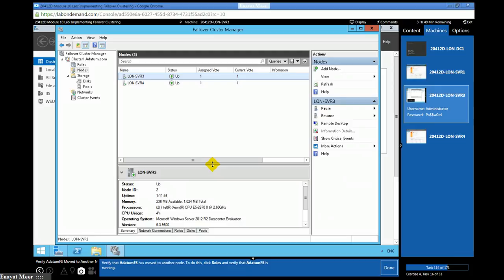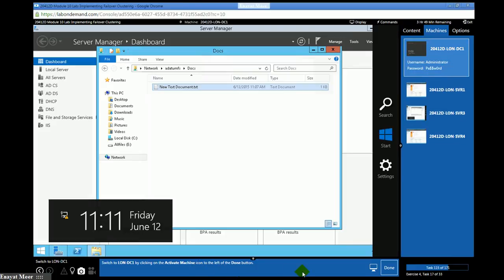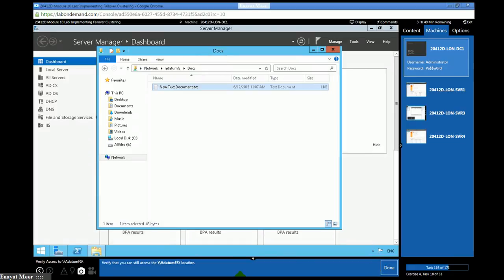So now FS, Adatum FS should be moved to a different node. And you see that now again the owner is changed from SVR3 to SVR4.